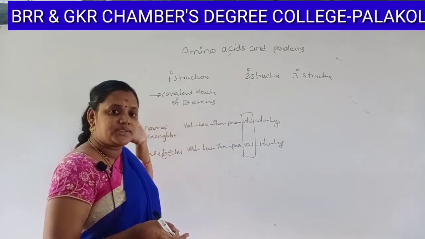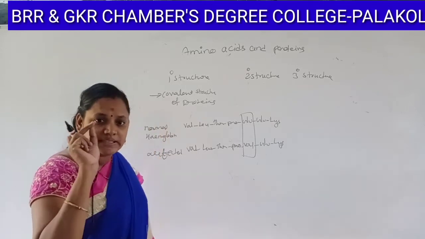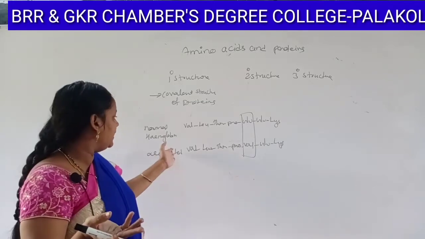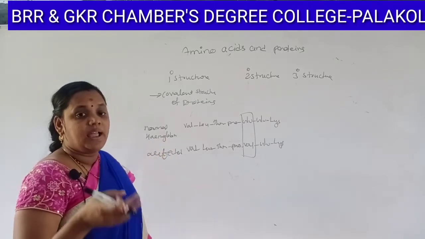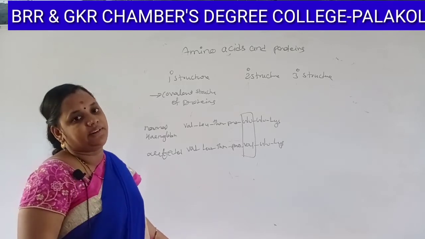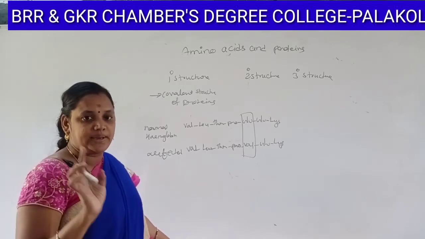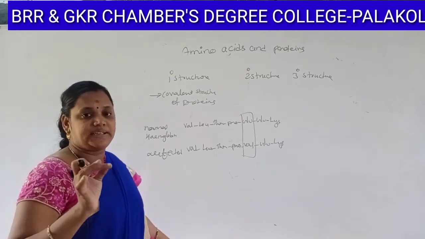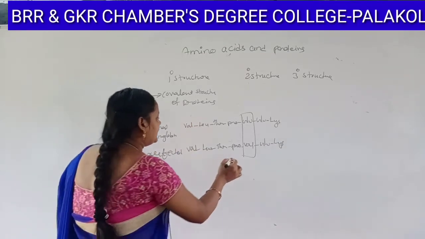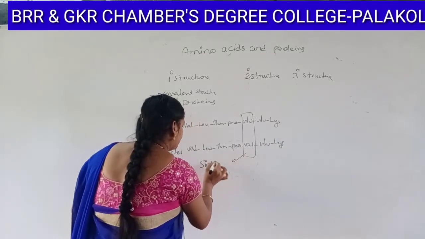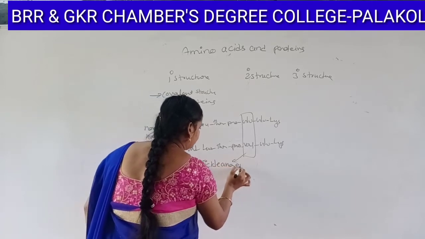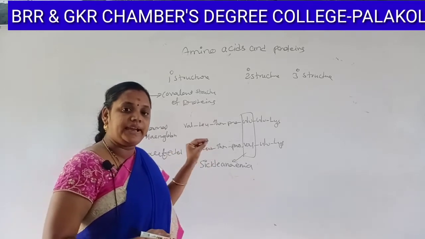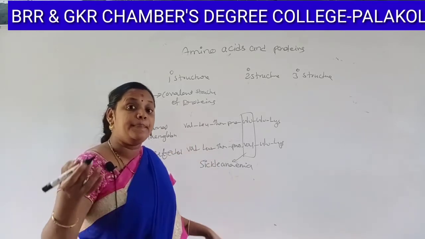If the primary structure of proteins is changed, at least one amino acid in the primary structure may result in the defected hemoglobin. If you take the example of hemoglobin, they may lose the biological activity. So primary structures of proteins are very important. They may lose the biological activity if one of the amino acids is exchanged. Here we'll get a disease called sickle anemia. Here the red cells in the blood will get precipitated, even they may burst.